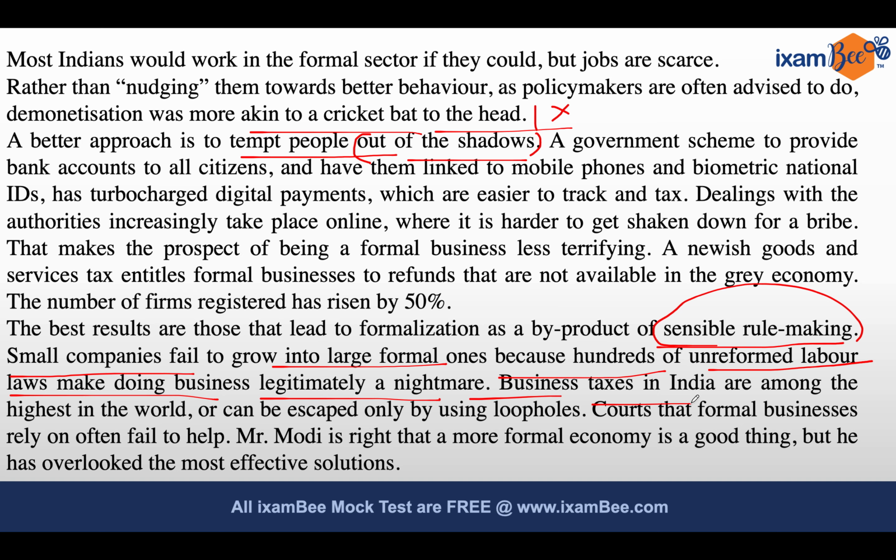Now, what the government did was that it missed all these points. It tried to focus on demonetization, but it did not work out. So we need to look for solutions that are effective and that, if implemented, will at the end of the day benefit the common people, even those who are right at the grassroots level.